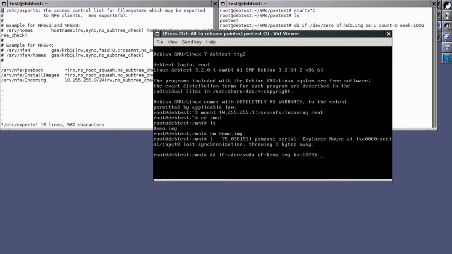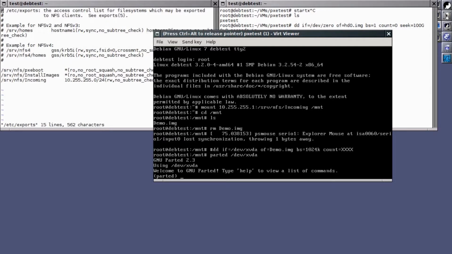So it doesn't make much sense, because out of those 100 gigabytes we've got on the, in this case, virtual disk, but let's assume it's physical, we only need the first gigabyte. And what you do here is normally do something like count equals whatever. What do we have to put there? We have to take a look at the partition table, and that's where things are getting a bit ugly. So I've installed parted, and on xbd0 we can do something like print,